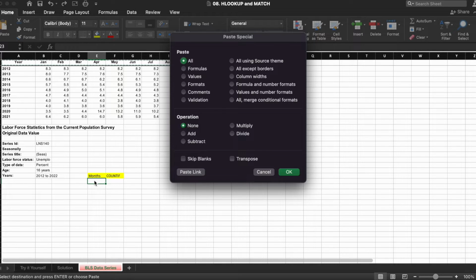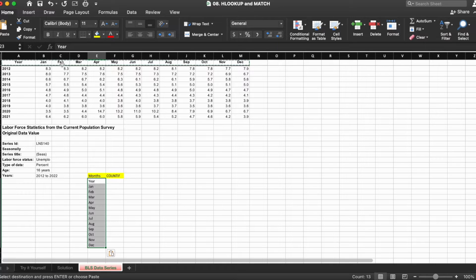From here, we type V or select the Values radio button. Then we also press E or click the Transpose checkbox, and hit OK or Enter. That removes the formatting, and instead of going from left to right, the data now goes from top to bottom.